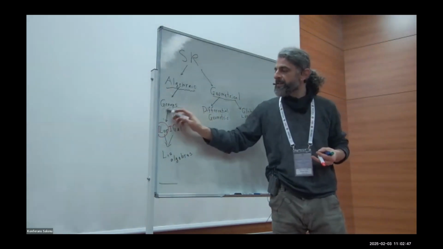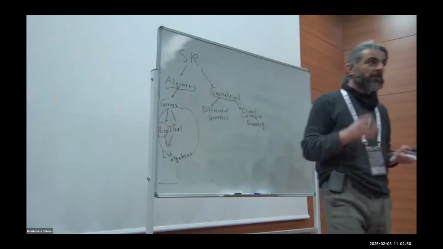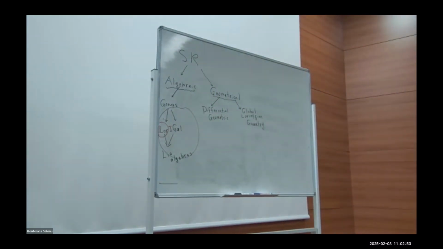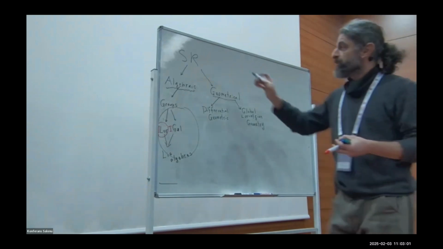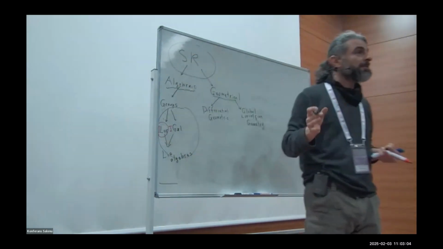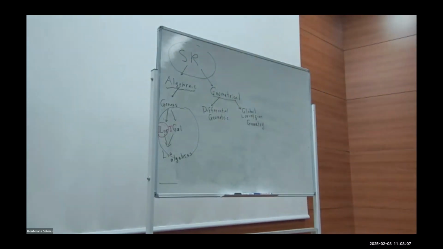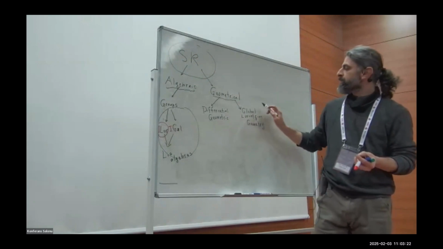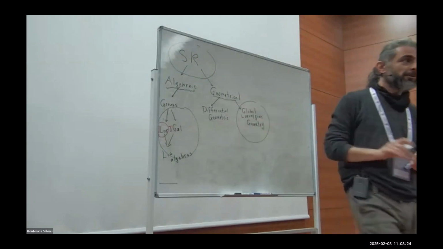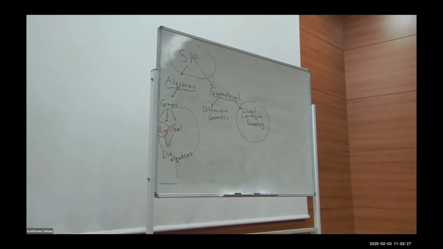So this scheme is logically and mathematically very delicate and should be a subject of another school, a school only on special relativity, because special relativity is not only Lorentz transformations and the group that they construct when they come together. Okay. So this part is also a great path in the scheme.